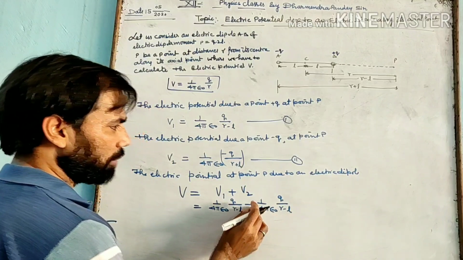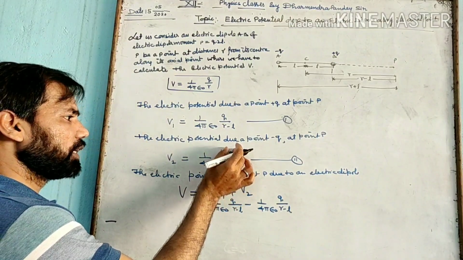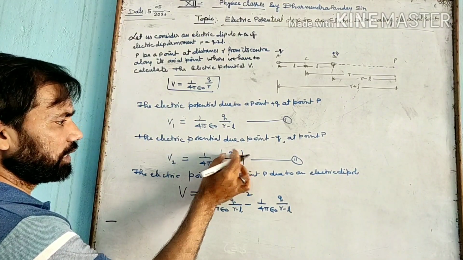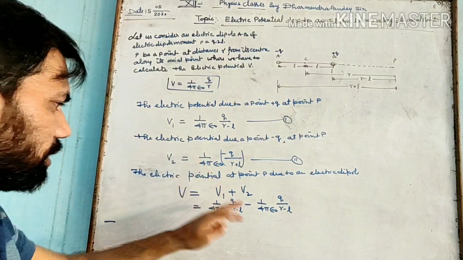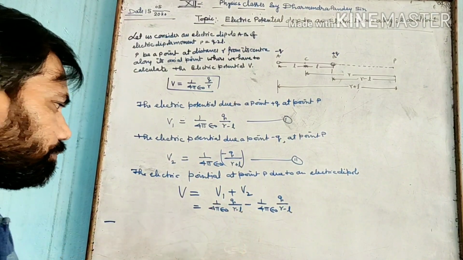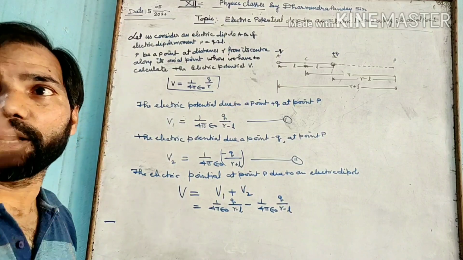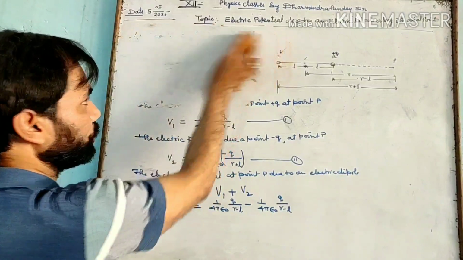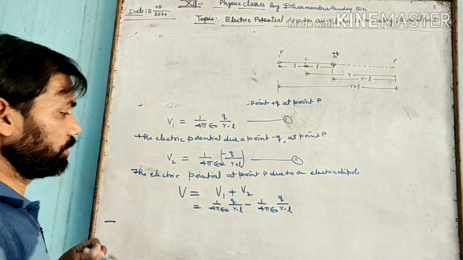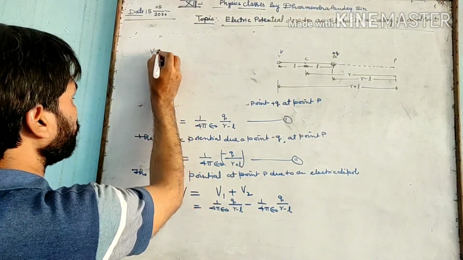Why do I write minus here? It is because minus q is written here. If we take minus on the left side, this becomes rather plus 2 minus 1. Now let us solve this, and we will find that after the solution, this V comes out to be,